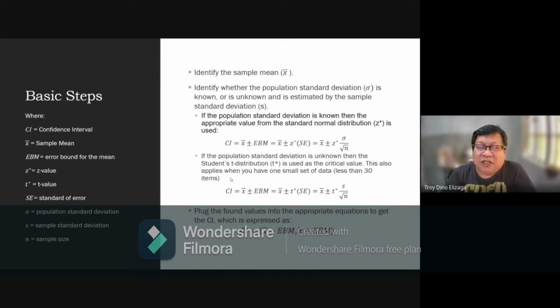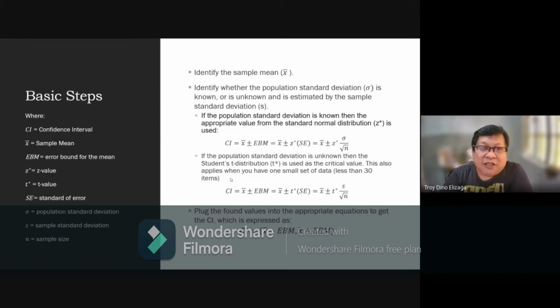So to get the confidence interval, you have to look for X bar plus and minus the EBM. EBM, or the error bound for the means, is actually Z times the standard error. And the standard error is actually sigma over the square root of n, where n is the number of samples or sample size. So therefore, our formula for confidence interval is x bar plus and minus z times sigma